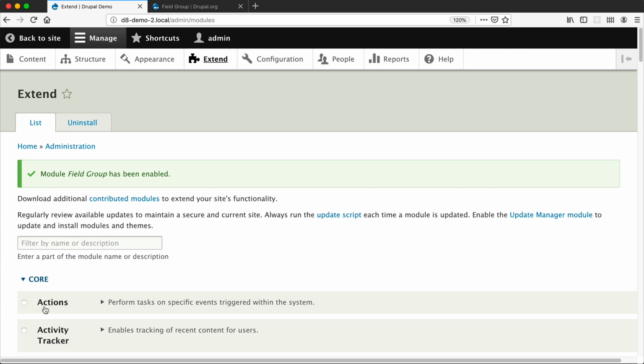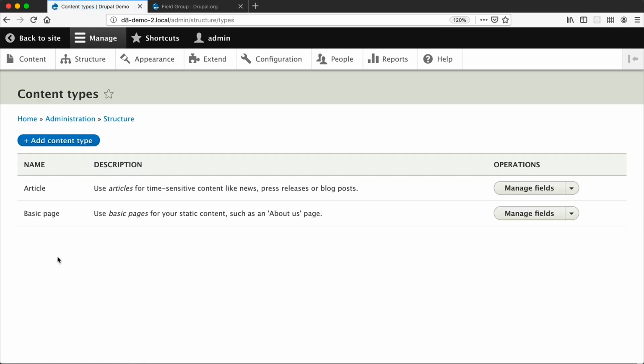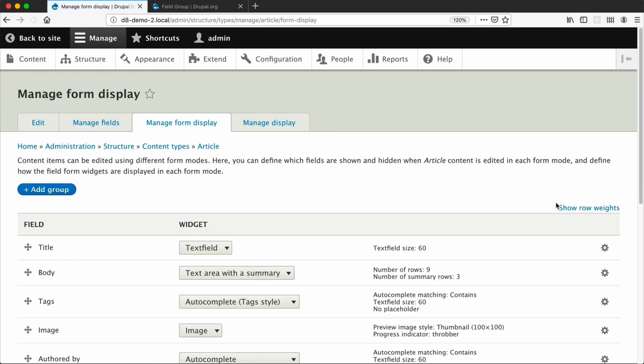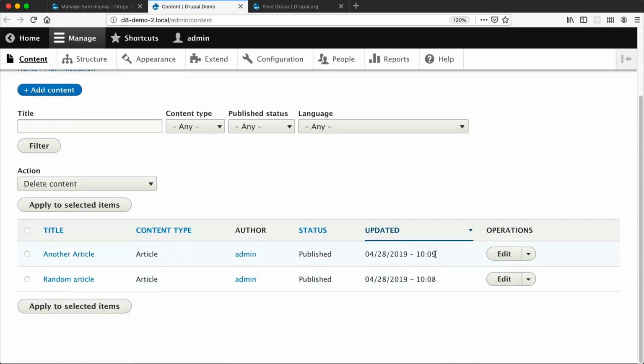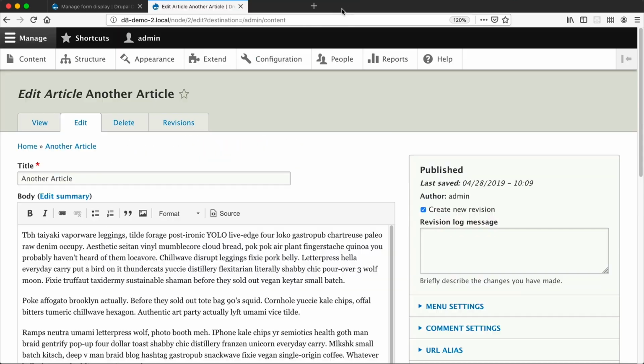Now let's use the module to organize field widgets on the form mode. So to do that, let's go to Structure, Content Types, and then on the article row, click on Manage Form Display. And let me just open up another tab. So what I'll do is I will edit an article and then I will delete this tab because it's no